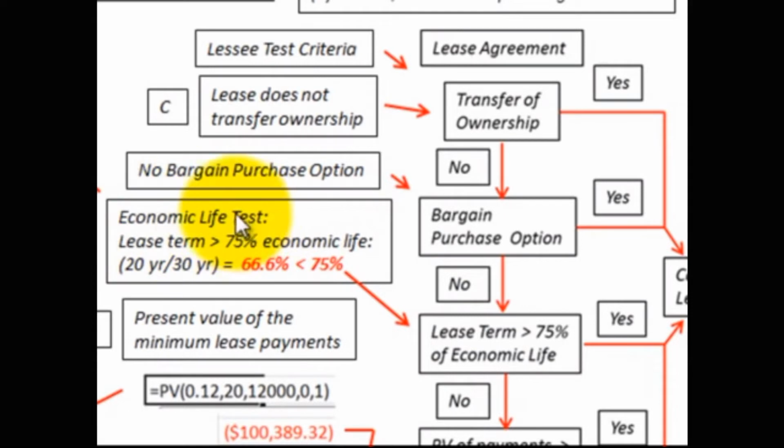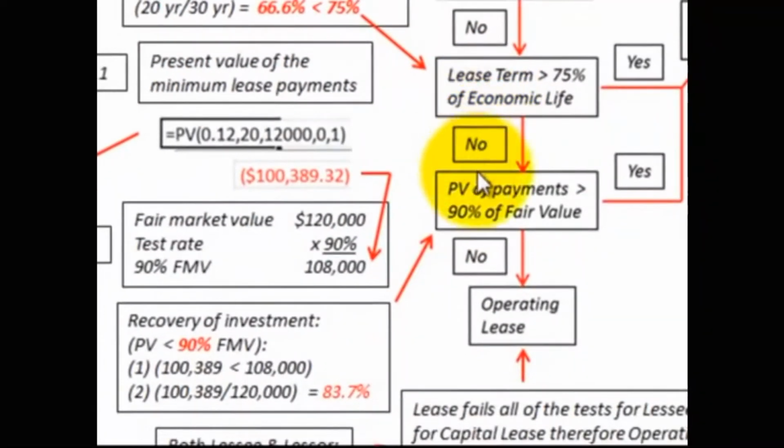So we have an economic life test here. So is the lease term greater than 75% of the economic life? So the lease term in this case was 20 years, economic life here 30 years, so you divide the 30 years here into the 20 years, and you get 66.6% here for the economic life test. So it's less than the 75%. So it failed the test here. It had to be the lease term would have to be greater than 75% here of the economic life. So again, we failed this test here, so we would have to move on to our next test, and that's